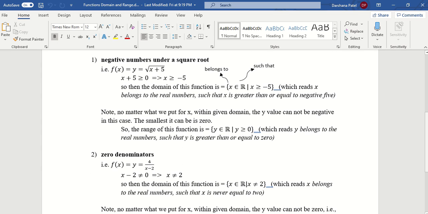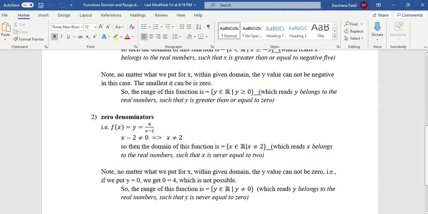Okay. So negative numbers inside the square root is not possible. So whenever we see a square root function, we will say whatever is inside the square root has to be greater than or equal to 0, and then we'll solve for x. Okay, that's to find domain. To find range, if we have a positive square root, it will always be y greater than or equal to 0. If there was a negative in front here, then the range will be y less than or equal to 0.